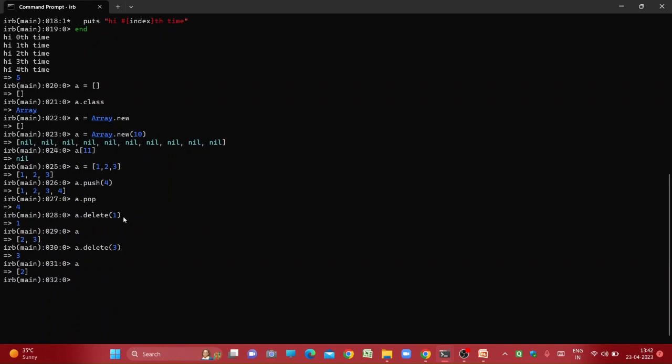But if you say pop, it will delete the end element. The last element will be deleted. And you can use this thing as well. This is also the same as push. This symbol is also the same as push. Okay. And now we will learn